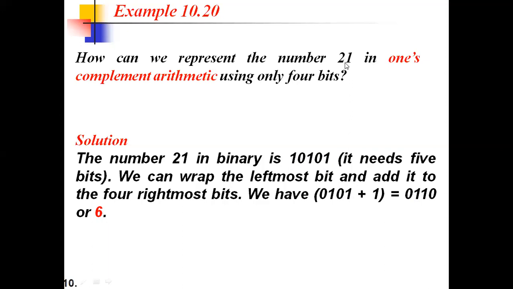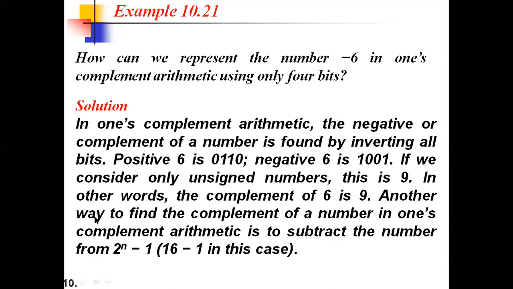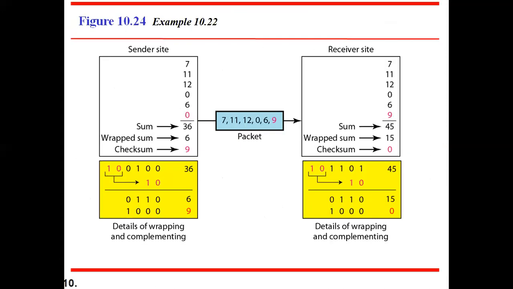So whenever you are asked for a 4-bit representation, if you are getting the answer as 5 bits, remove that extra bit from the original number and add it to the last bit, the least significant bit, then you will get 0110. So this will become 6. So 6 is the 21 representation in terms of 4 bits. In terms of 5 bits it is this one, but in terms of 4 bits it is 6. So we'll see with the help of an example how we are getting that. So I'll go directly to the example now.